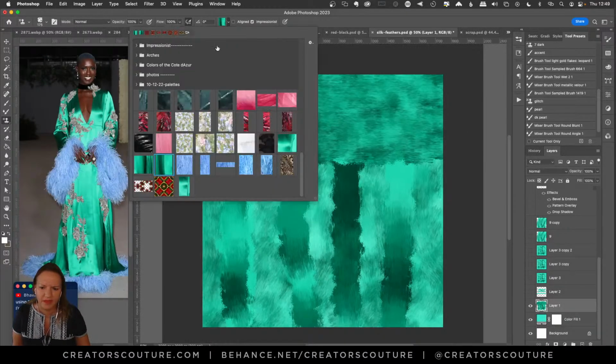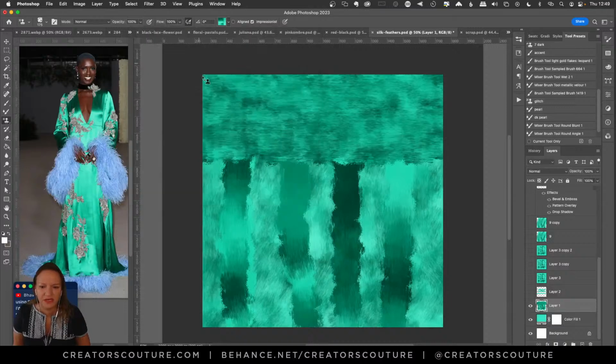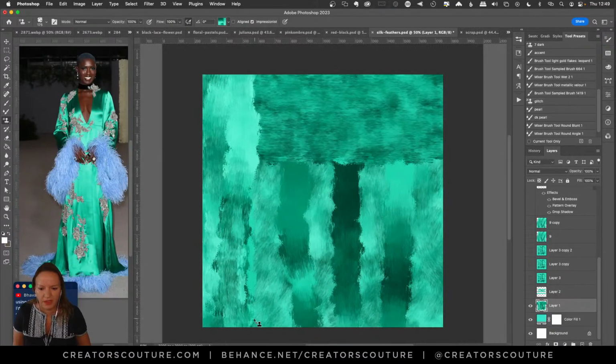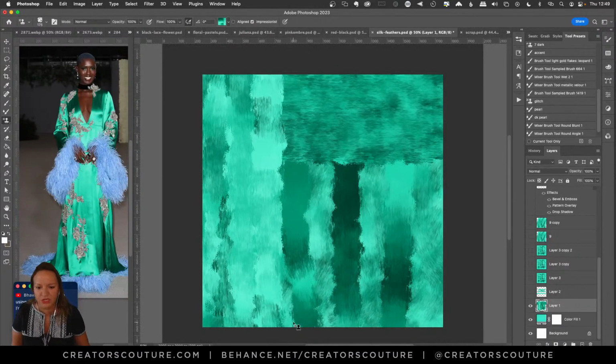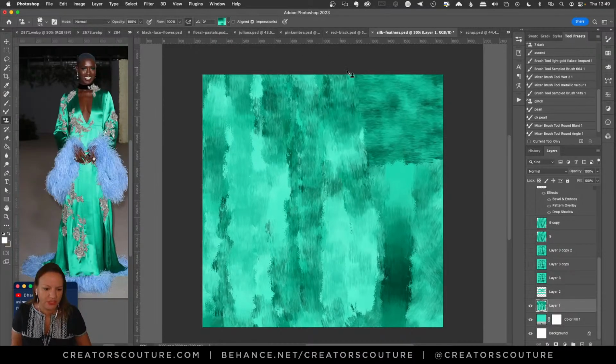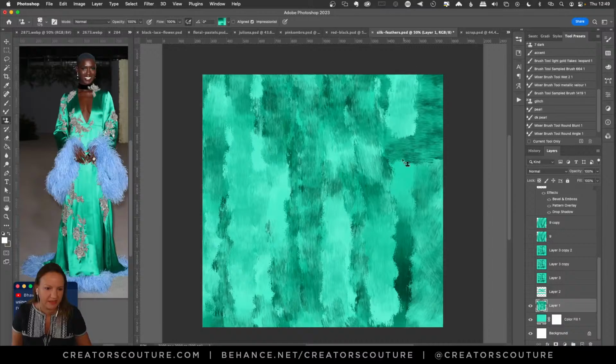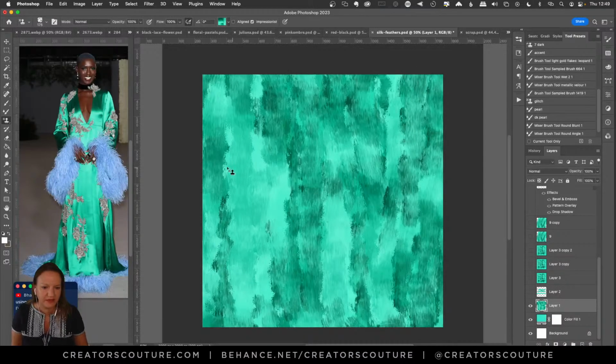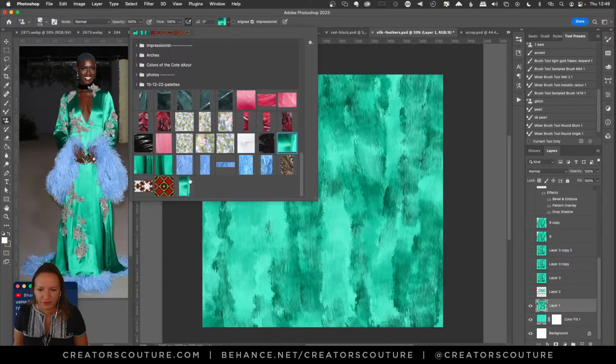So I just went back and forth. And if you hold down the brush and use more pressure, you're going to have more darks to lights. So I just did like that. And the thing is, it could be kind of monocolor here, so I did a little bit of a hack.